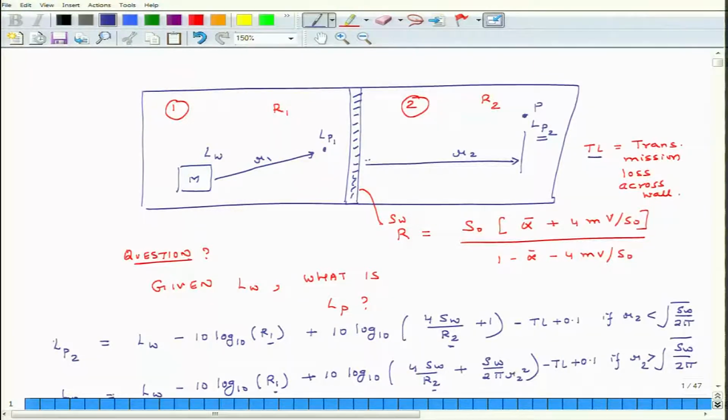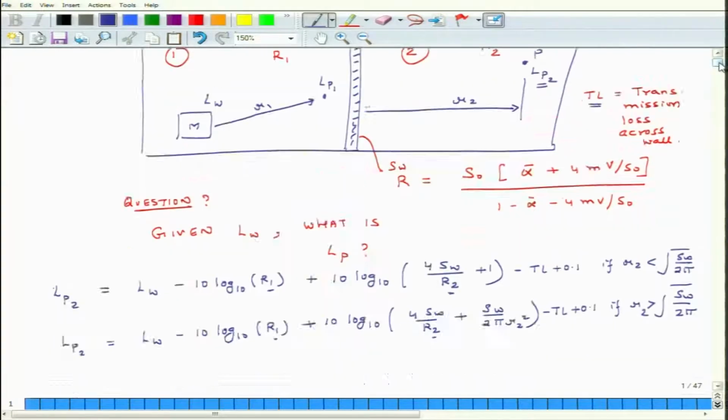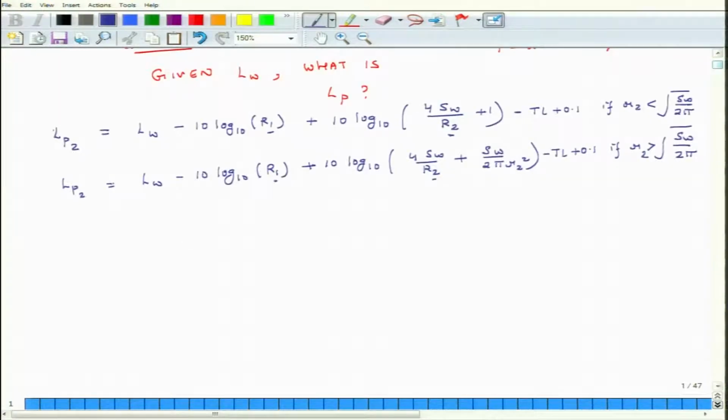The second thing is TL, transmission loss. So, what is transmission loss? I will explain that. Suppose I have a wall and here it is 100 decibels. Suppose there was no wall, and here it was 100 decibels and at this point it was 98 decibels. In absence of wall, as sound travels from here to here, it falls by 2